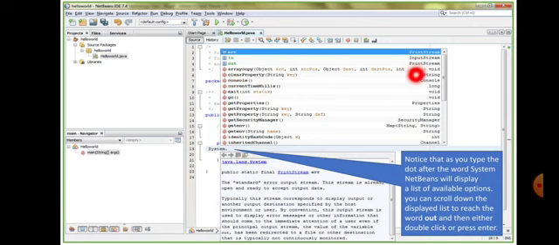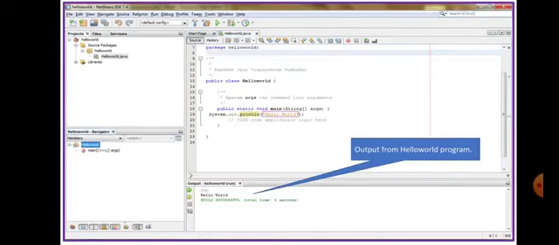What is out? Out is the print stream. So as soon as you press dot, it will give you the list. You can go there and double click to choose the next option. Clear, children? Now here, the full form is system dot. It showed the list of all the commands that are available. You have chosen dot out.